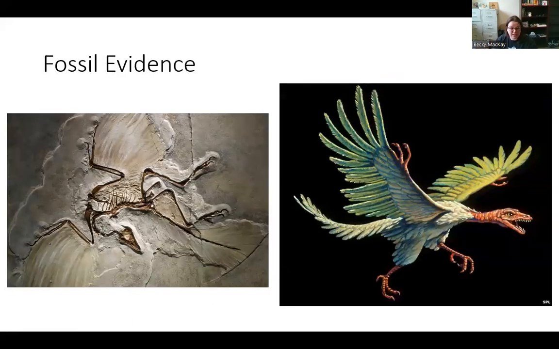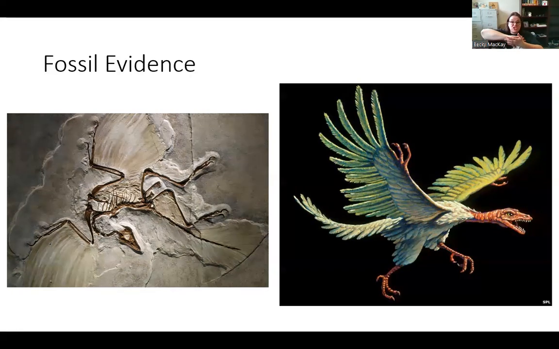There's also a ton of fossil evidence that shows the progression of organisms. Now, it's not always perfect because fossils are impressions of the past. A lot of times we have bones and things. Bones fossilize really, really well. Things like plants don't fossilize because they don't have bones. Teeth fossilize really well, but cartilage doesn't. That's why with sharks, the reason we know about megalodons and how big they are is because of their teeth. We don't have a megalodon skeleton because they have cartilage, and cartilage doesn't fossilize.